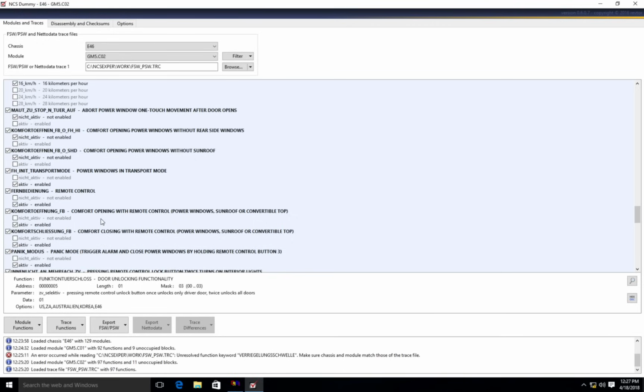So if you unlock the car and hold the unlock button, all the windows, the sunroof, and rear windows will drop. That's cool. A lot of the cars do it. But a lot of them don't allow you to close them with the key. And that's what this does. Comfort closing with remote. So if you want that, just change it from not active to active enabled, like I